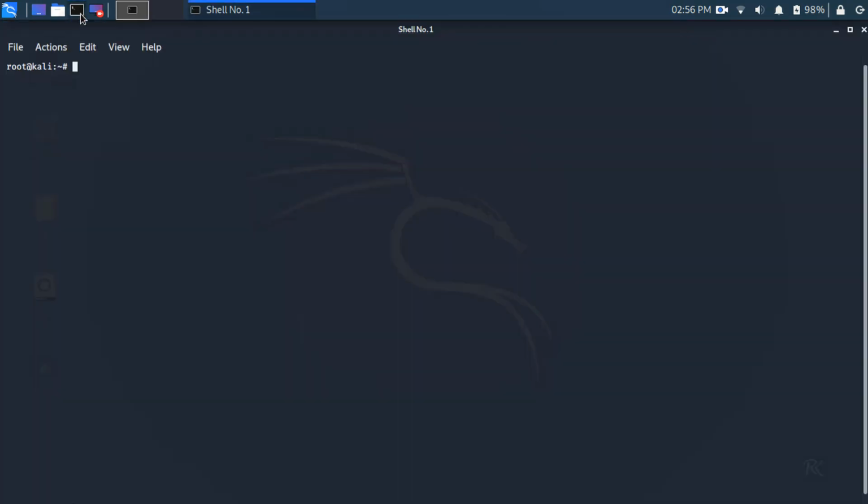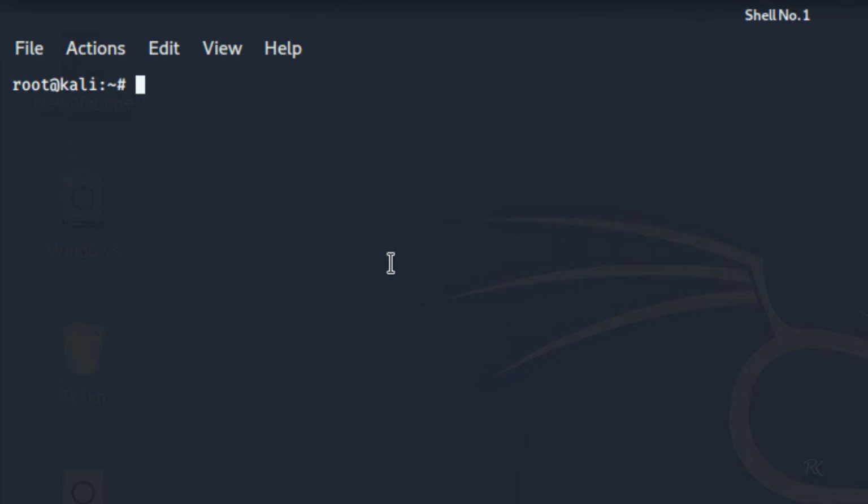So let's start. There are a lot of commands in Kali Linux using which you can perform different operations like creating a file, deleting, renaming, granting permissions. And I think many of you have used this command, sudo su. Sudo su basically does one thing. It allows you to perform tasks as another user, or by default it allows you to run as a root user if you have not logged in as root. The second one is clear. It will clear all the previous commands from your terminal.